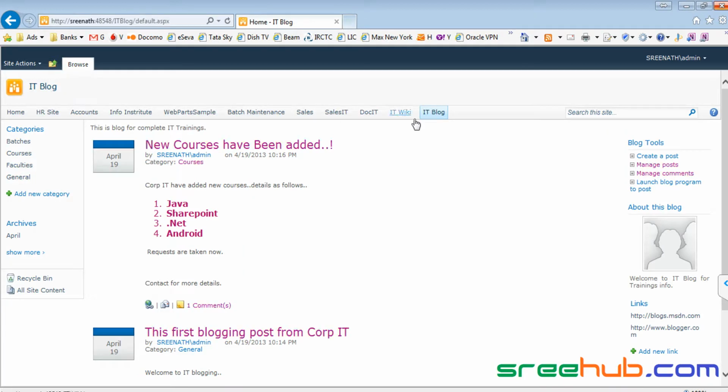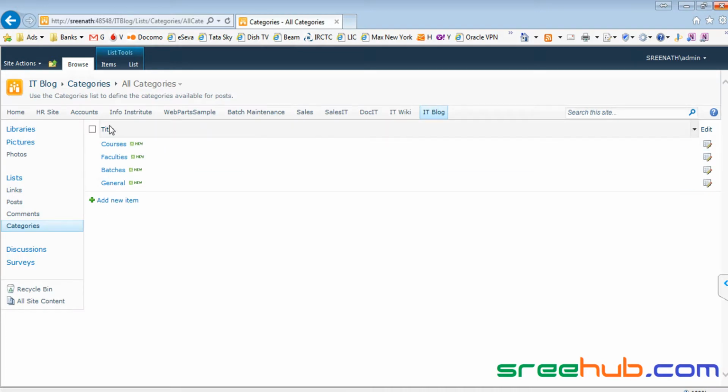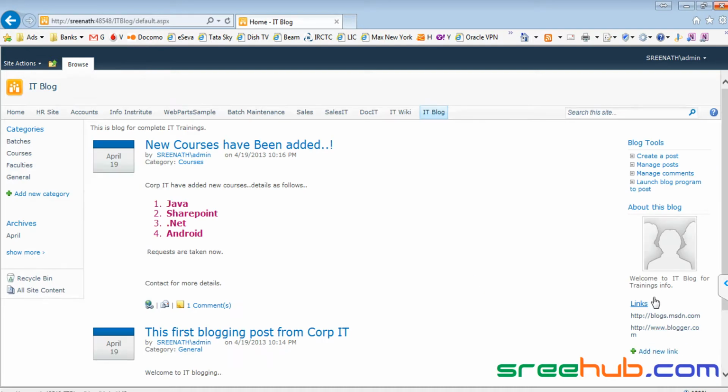or under a site as a separate site, right? So we have seen what categories are. We have added different categories here, and how to maintain them, how to edit a category. If you click on this, how to edit this and all, right? And we have seen something called links here, where we have different links, how to browse through links and all, right? And how to add a link and all, right?